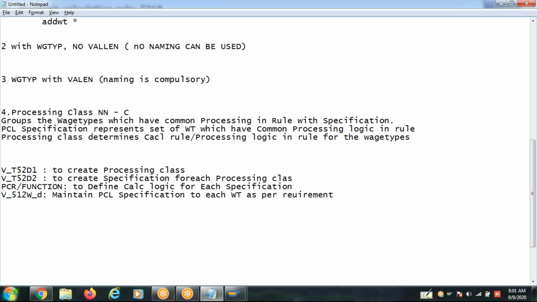So these are the 4 steps of a processing class. I will show you practically how it works, what the advantages of the processing class are, and why SAP has introduced this concept.